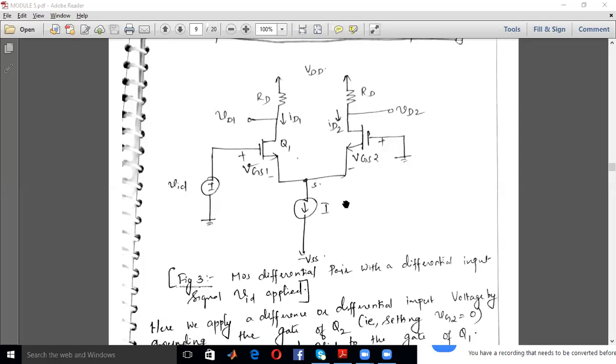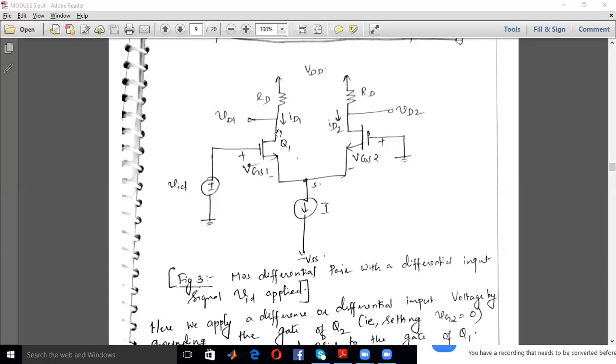So here, what I'm trying to do is give some extreme values to the two transistors, thereby checking the maximum possible value of differential voltage. For that, I'll be giving a highly positive value at the gate 1 terminal and at the same time 0 volt at the gate 2 terminal, so that this entire current I will be flowing through the transistor Q1. At the same time, there is no current flowing through Q2.